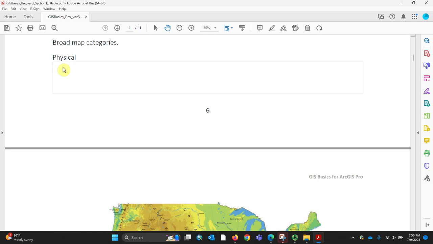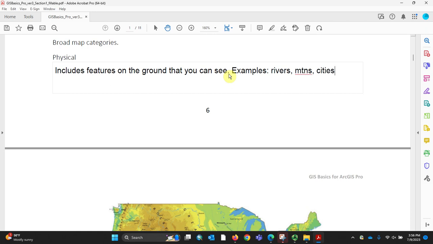So a physical map includes features on the ground that you can see. So examples here are going to be things like rivers, mountains, cities. You can see cities. They don't look like dots, do they? That's a symbol for a city, but you can actually see a cluster of houses and buildings, and that's going to be a city. So rivers, mountains, cities,